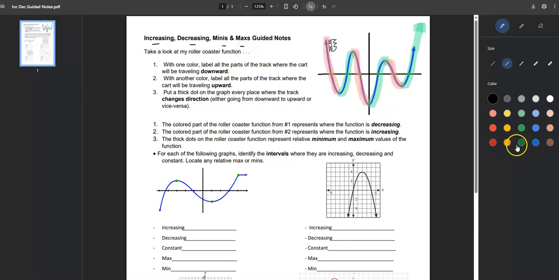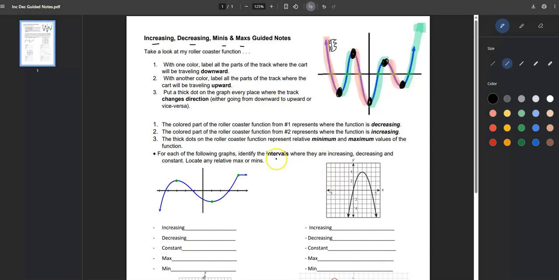So the other part of this is I'm going to put a really thick dot where it changes directions. So this one changes right at this spot, at this spot, at this spot, at this spot, and at this spot, okay? So the colored parts that went downward, this pink here, that is where it is decreasing, okay? The colored part where this green is the increasing part, and then those thick dots are my maximum and